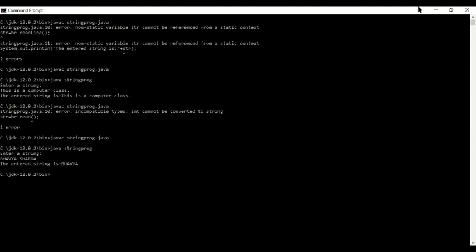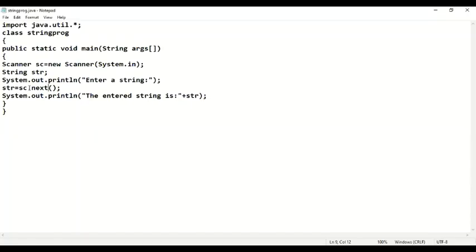So the next function का काम क्या होता है? It reads only one word from the string. Clear? Is this clear, children? The next function of the scanner class reads one word as string. If we enter a sentence, it will only accept the first word. Clear? लेकिन इसकी जगह अगर हमने next line लिखा होता,